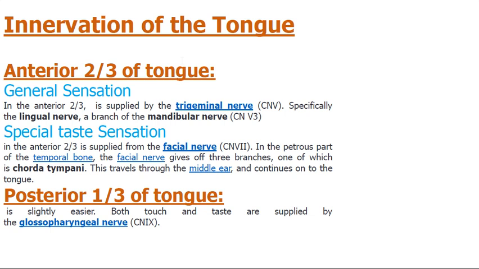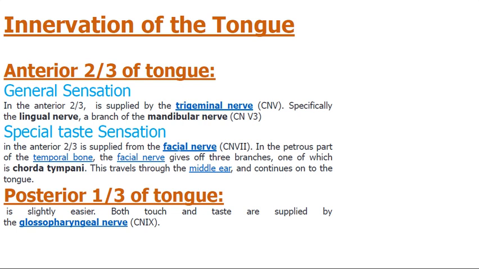We have the division of the tongue into anterior two-thirds and posterior one-third. The anterior two-thirds of the tongue is supplied generally by the branches of the trigeminal nerve, and more specifically the lingual nerve. The lingual nerve is sensory for the anterior two-thirds of the tongue, while the special sensation, which means the taste sensation of the anterior two-thirds of the tongue, is by the facial nerve, via what is called the chorda tympani branch, which carries